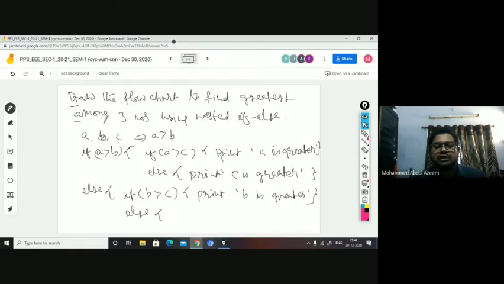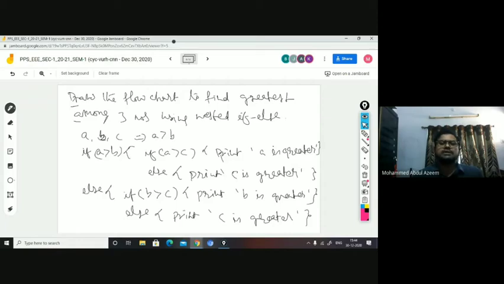And let us say this condition is false, then you automatically get into the else part. Fine. When this condition is false, what do you mean by it? Obviously C is greater. Why? You came to else when B is greater than A, but B is less than C, it means C is obviously greater than both A and B, right? So you're going to print C is greater.